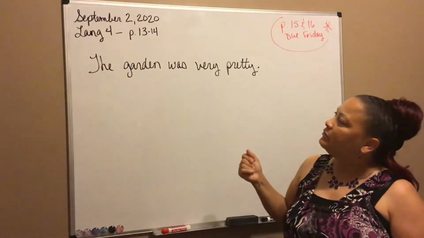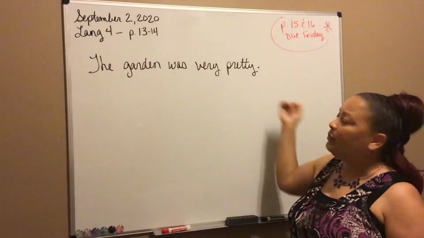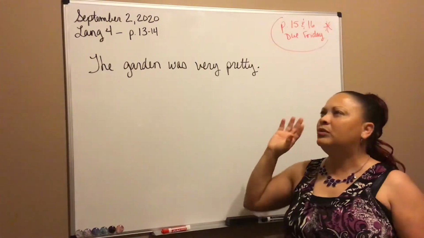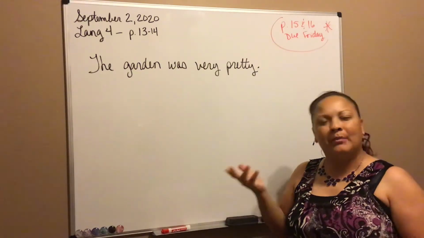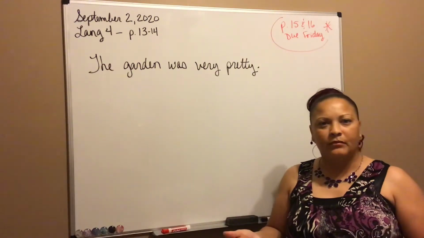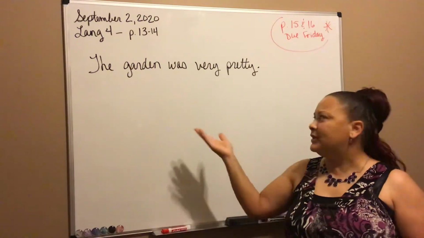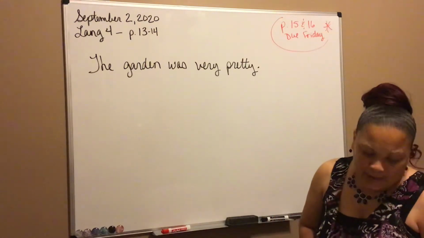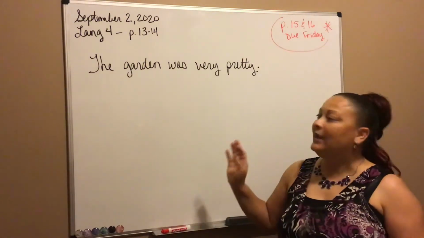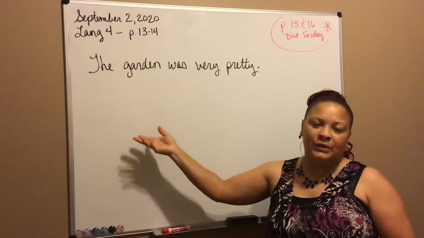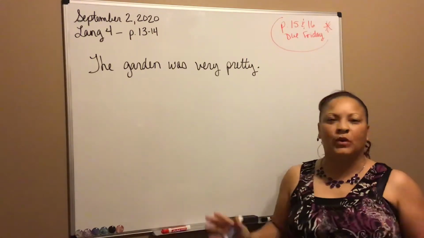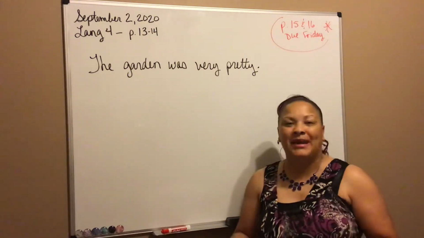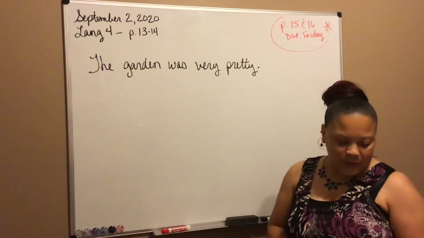fit its description. So for example, the garden was very pretty. Well, by just this sentence, can you imagine what made that garden pretty? Not really. It's just a sentence that says it was pretty. We just don't know how. So I'm going to show you a way to take basically your nouns and some of your adjectives and kind of add on to them to make sure that we have a good description of what makes it so. All right, so